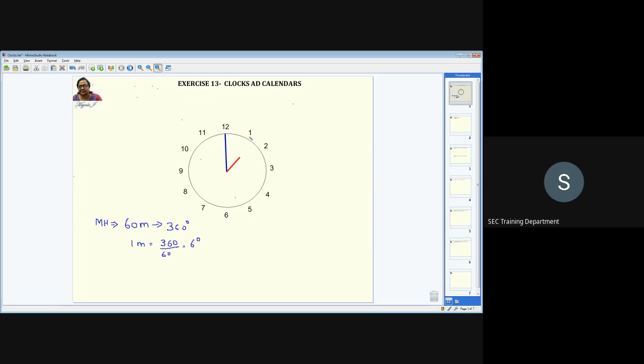So this is 5 minutes, right? When it comes to 1 here. So in 5 minutes, what is the total degree covered by this? When I say the minute hand from 12, when it reaches the first division here, that becomes 1 minute. In 1 minute, you have seen that it is going to cover 6 degrees. Similarly, this minute hand from 12, when it comes to this one, it is going to cover 5 minutes. So what's the total degree covered? 30 degrees. Now, if you are saying 72, that means you are not clear with this.